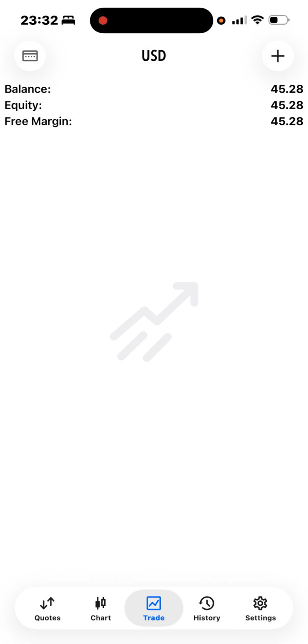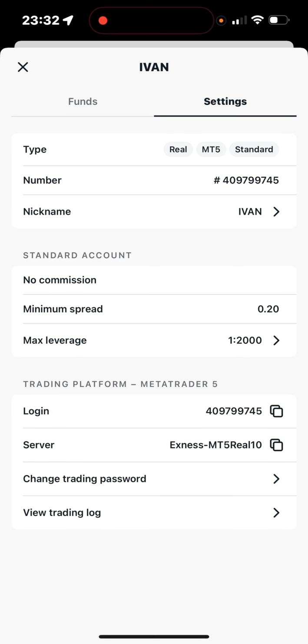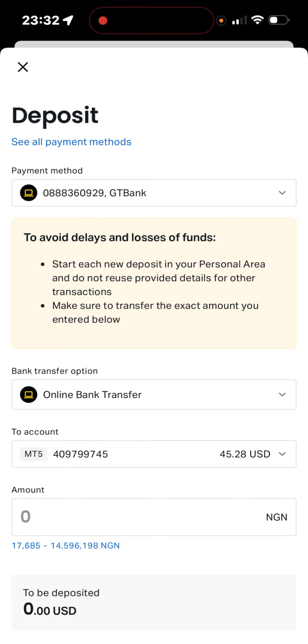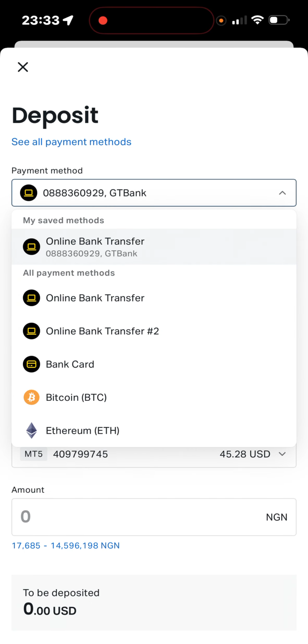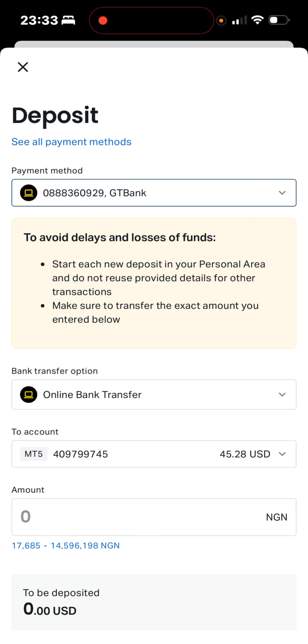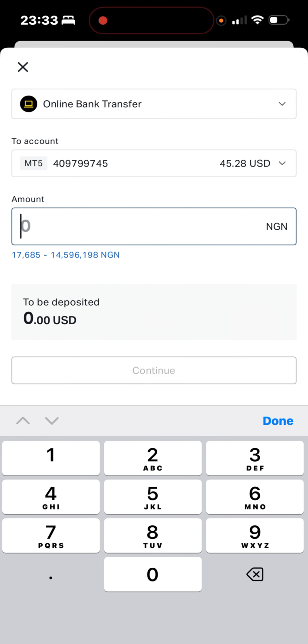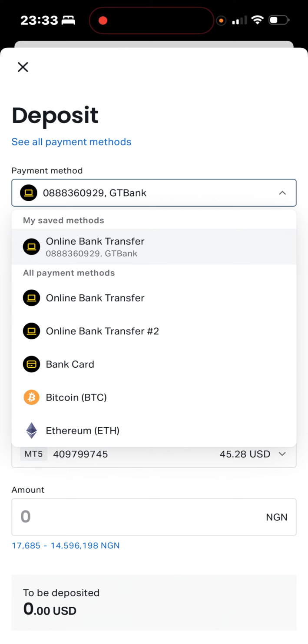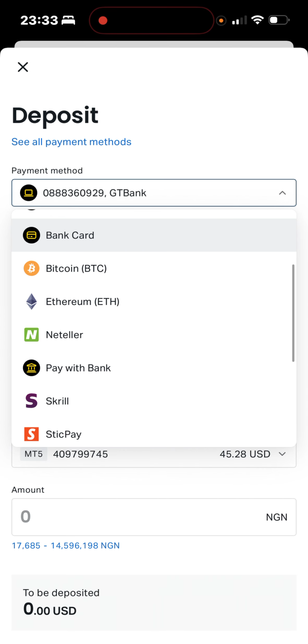So we're going to be picking up from where we left off. The next step is depositing. Now we have to go back to our Xness to deposit some money into this account to trade with. We click on deposit, and you're going to have options for the payment method. This is the one I've saved here. After you make your first payment method, you can save it so you don't have to keep adding it again. When you get to deposits, you're going to see online bank transfer, BTC, Ethereum,